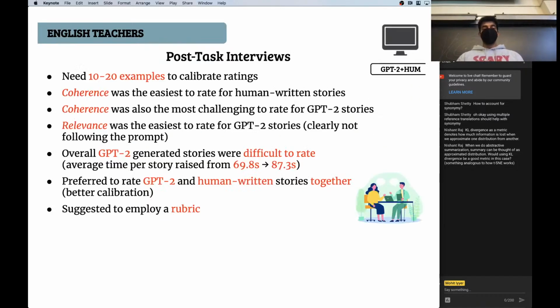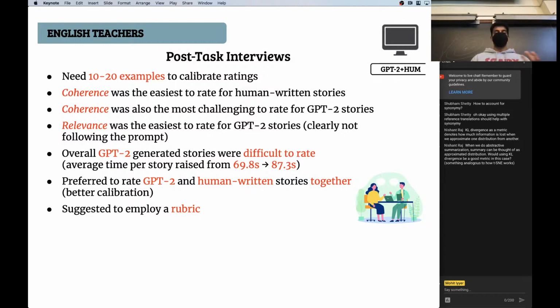So this issue of calibration is severe when you're comparing two different models with different output distributions. You need to train the workers in the task that they're trying to solve. So you need to show them, say, 10 examples from the model that you're evaluating